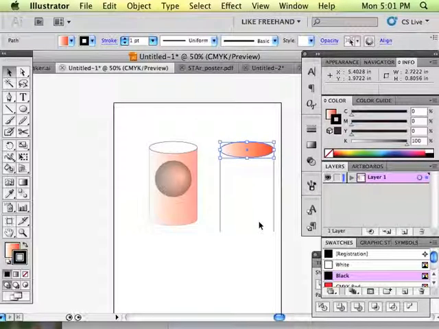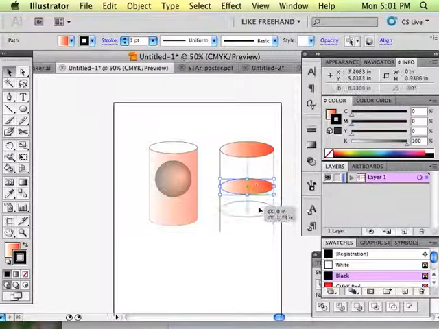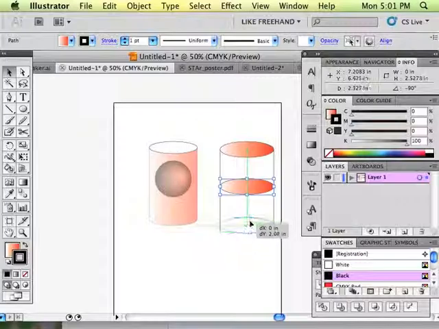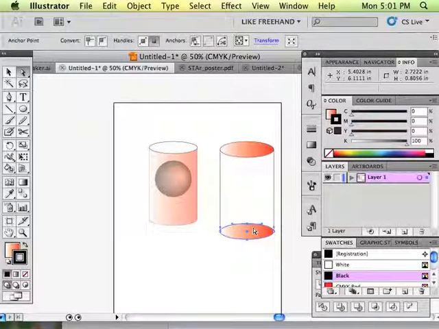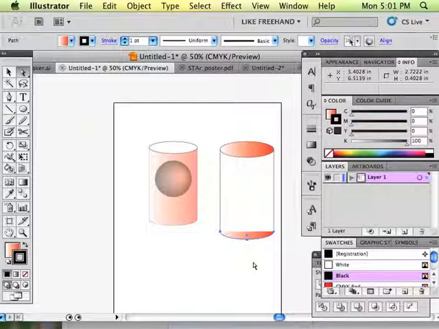And now I'm just going to use the down arrow, or actually the Shift down arrow in this case, to make it move a little faster, to bring that down. Or I can drag and hold down Shift so that it doesn't move side to side while I'm dragging. And I'm going to bring it down here, and I don't want my cylinder to look like it's see-through, I want it to look solid, so I'm just going to direct select that vertex and delete it, and now my cylinder has a top that you can sort of see the shape of